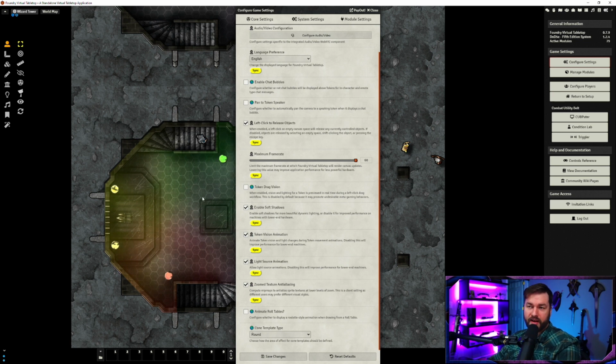Next is token drag vision, and for this one, I'm going to show you on a different world because I've already got a map set up on that one, so it's just easier for me. But basically, token drag vision, you want this turned off, in my opinion, for one big reason. With it turned off,